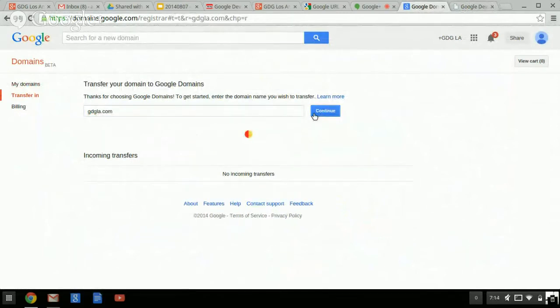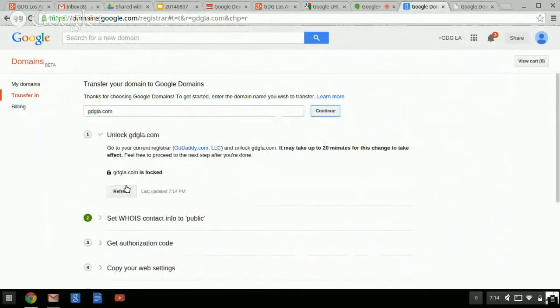And I'm going to go ahead and log into GoDaddy on this machine so that I can actually do what's needed. So it's currently locked, and if you don't know, all the registrars pretty much lock a domain so that someone else can't do this process. And so you would only go and unlock it when you're ready to do a transfer like this, which is a little extra safeguarding, kind of like with your cell phone, that type of thing.